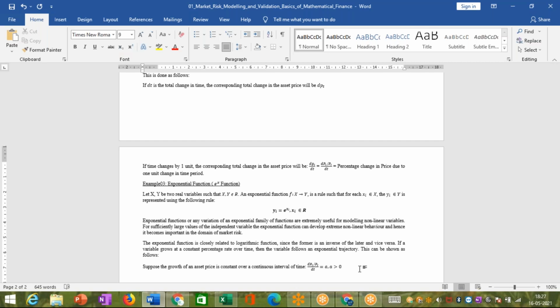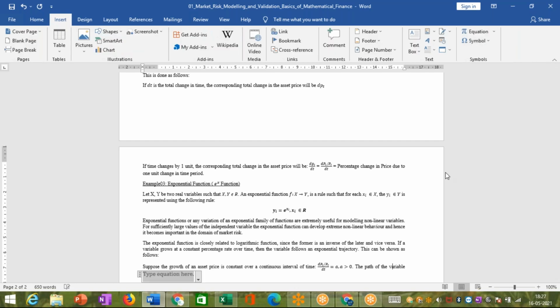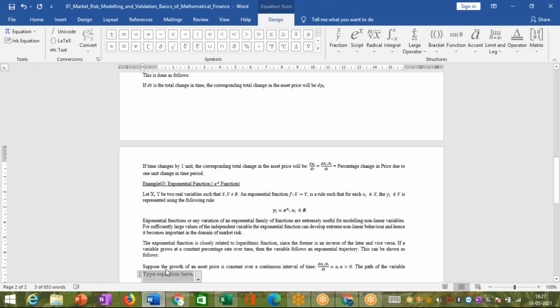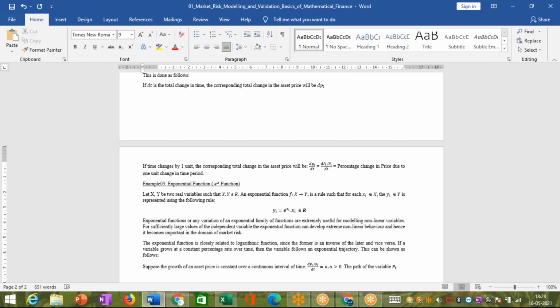Right. So now the question is, what path does this PT actually follow? So what path does the asset price follow? So the path of the asset, the path of the variable PT will be